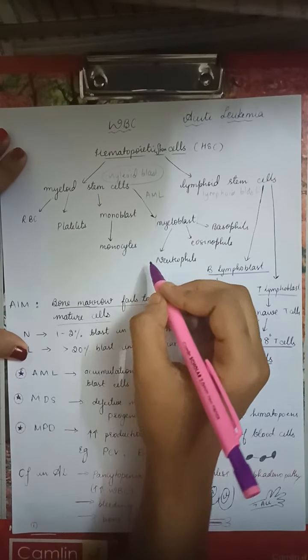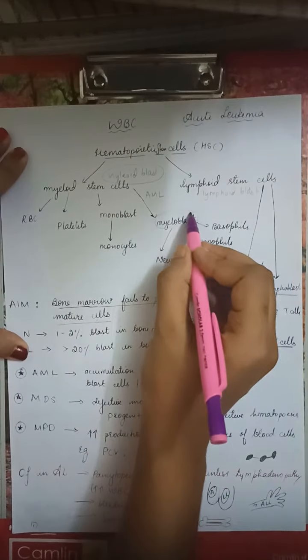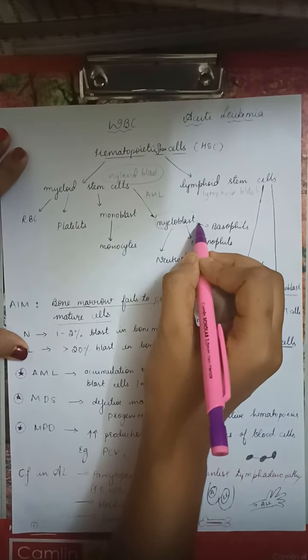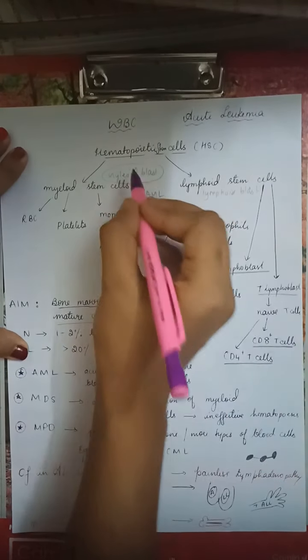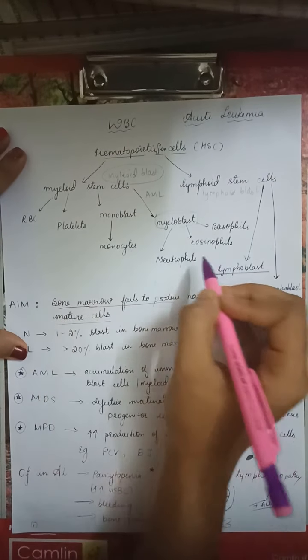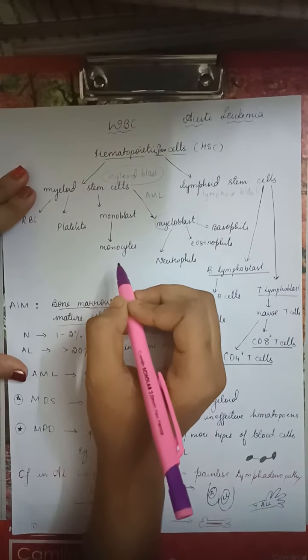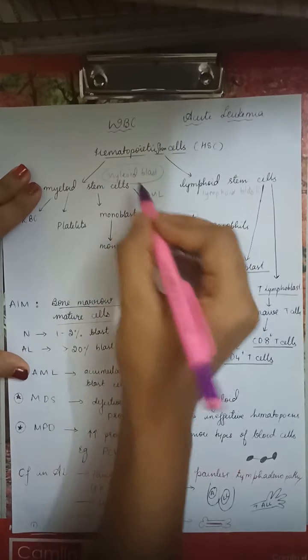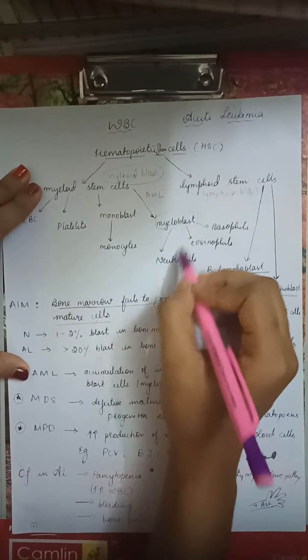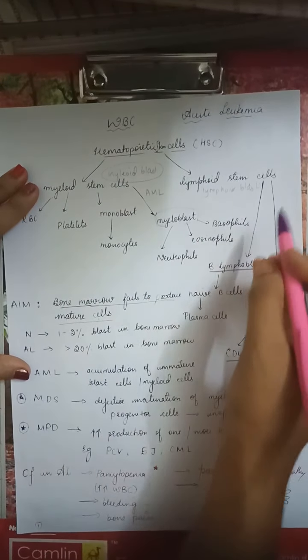Okay, it can be either defect. A myeloid blast defect can cause decreased production of myeloblast, which decreases all this, or it can decrease monoblast and decrease monocyte formation. It can be anything, but there is formation of immature cells. Remember, there is increased formation of cells. Because of the abnormality there is increased formation of all these cells, but these are immature.